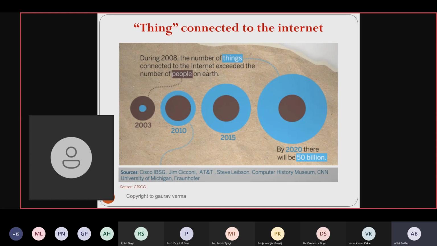in 2010 and 2015 you can see this blue circle keeps on increasing. And now we are in the era of 2020 and 21, and you can see that IoT is now a big word, and we are very much aware of all these things. We are seeing the developments that are happening. More and more devices are coming up with internet and smart facilities, and that's why more devices are going to be connected to the internet soon. By 2020, it was expected to be 50 billion, and by 2025, it would be going to be one